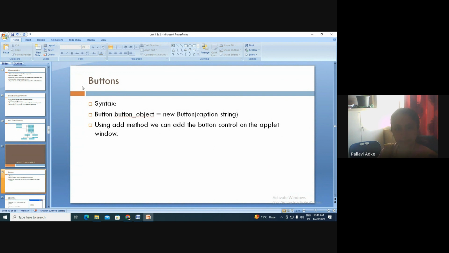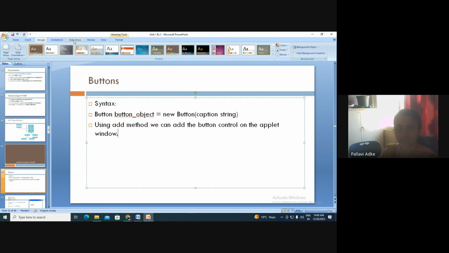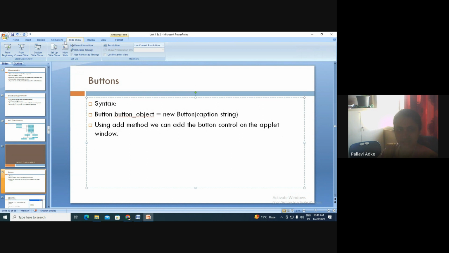Then we have started with the buttons. Okay, so let's start with how to create the program to create these types of buttons. All these are buttons. Slideshow is one button, animation is one button, design is one button. So I want to create one button, and the syntax to write this button is: B should be capital, Button, then the object name, the button object. This name can be anything, that doesn't matter. You can write any name over here. You can specify some specific name, or you can write B1, B2, B3 like that also,